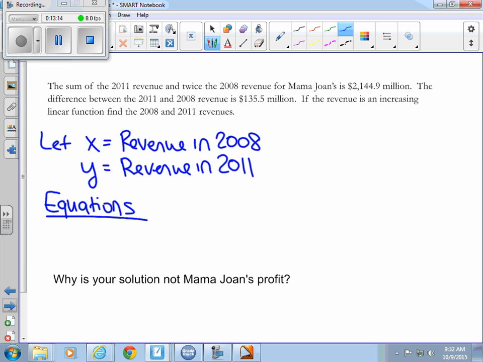The sum of the 2011 revenue, what's the 2011 revenue? Y. Plus twice the 2008 revenue. What would you write that down as? Sum of Y plus 2X is equal to 2,144.9 million. You can leave this as 2,144.9 if you wish. Just note that X and Y will then be in millions, and that's okay if you want to leave it there, or you can write that out in millions if you would rather. Any questions about how